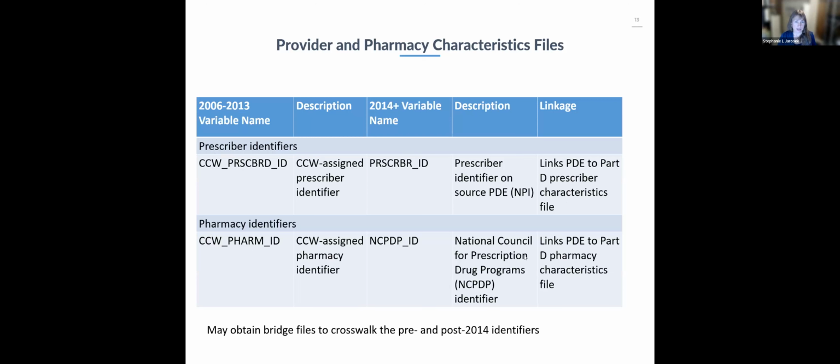Because we have actual identifiers, you don't have to access them through the CCW, but it is very easy. It's much easier because, especially if you're in the VRDC, you can add that extra file as part of your project without an additional fee. It really helps, you have that one identifier that you can use to link across, and you can get bridge files to bridge these years and then crosswalks so that you can know how those fit together.